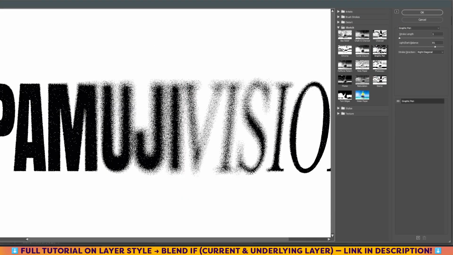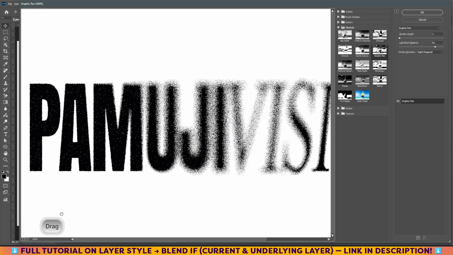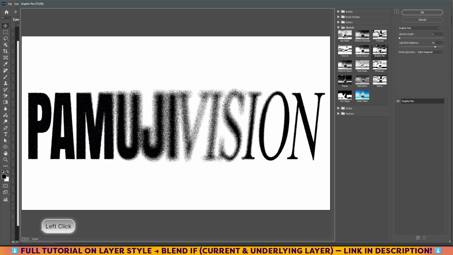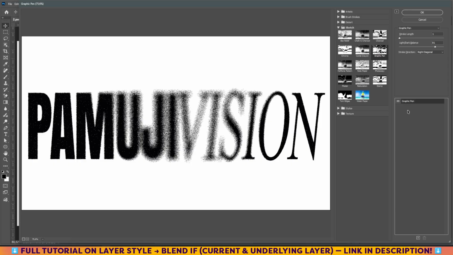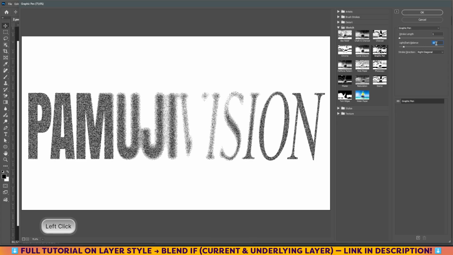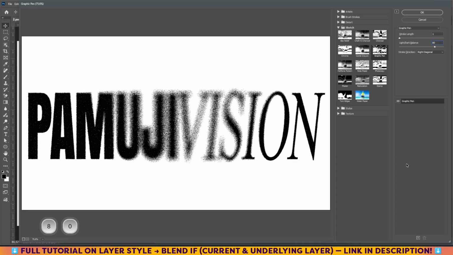Okay, first fit in view to see all. I use a graphic pen. If you cannot find the graphic pen, it is here in the sketch folder, graphic pen. Okay, I adjust the balance. Okay, I think 80 is good,